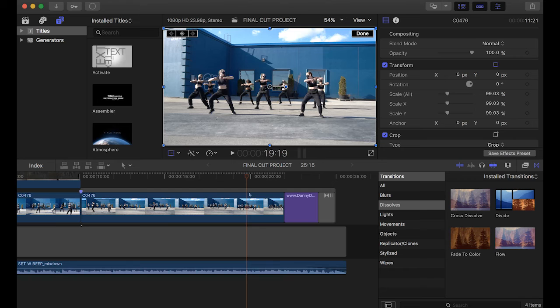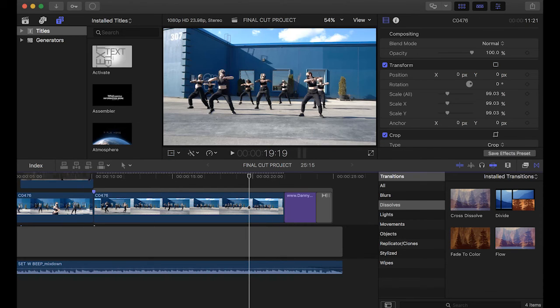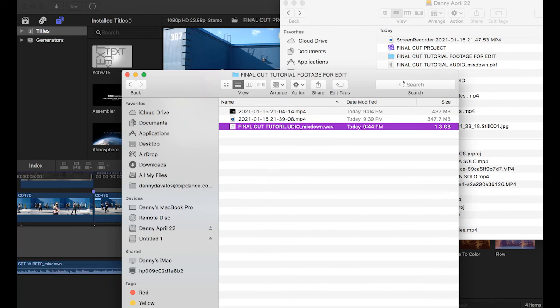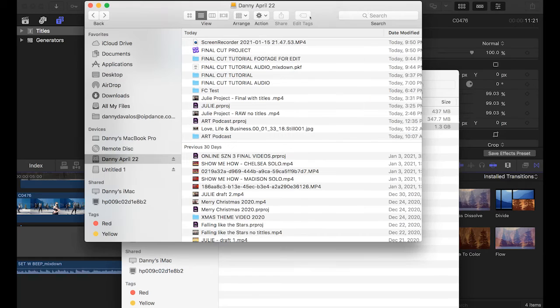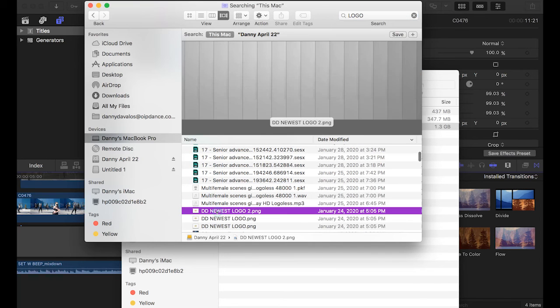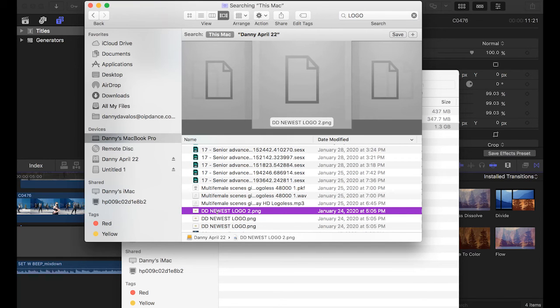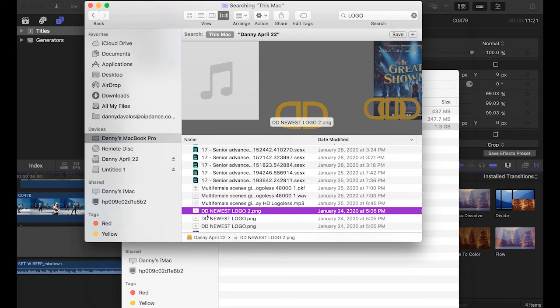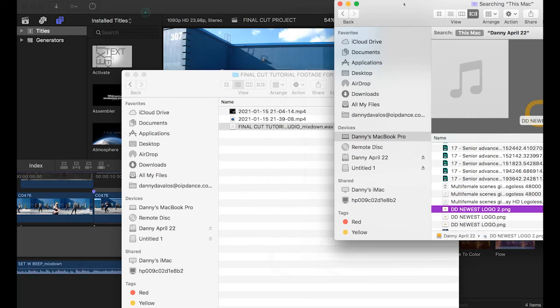The last thing, in case you need to add a logo, one thing I then put at the beginning of the files, but it doesn't matter. I want to find my logo really quick. Any of the logos that we have right here. There we go. Hold on. Is this the newest one? One quick second here. Yes. For example,